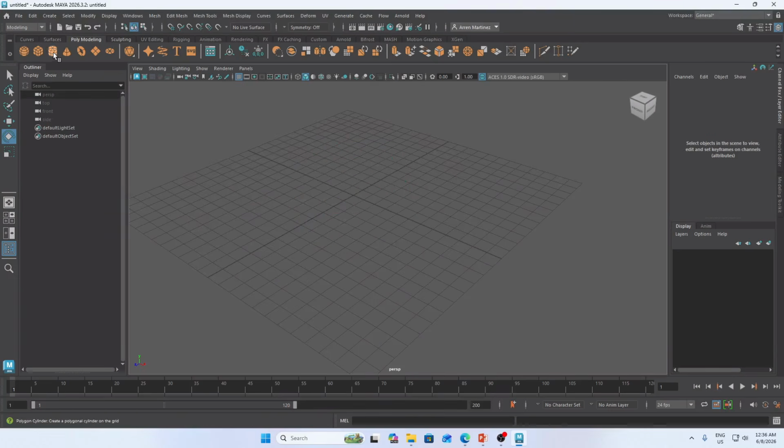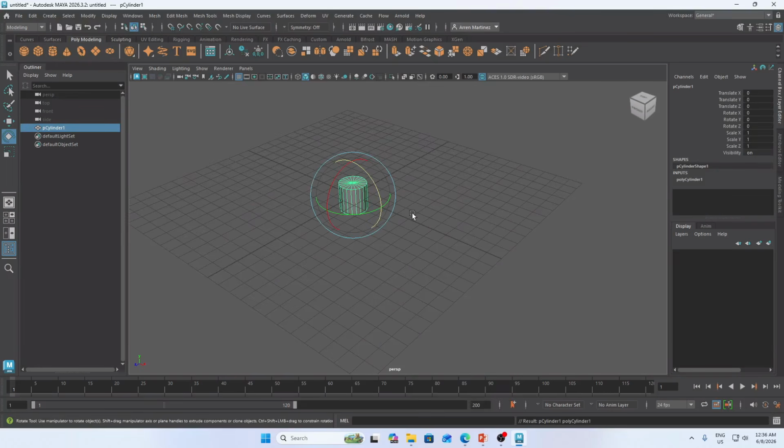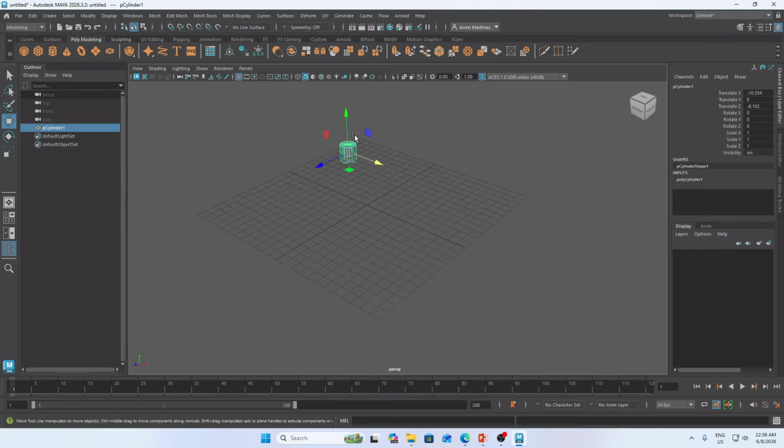For example, let's try this polygon cylinder. How can we actually move this? Press W. Okay, you can see different arrows. So just click and drag, depending on your desired position.